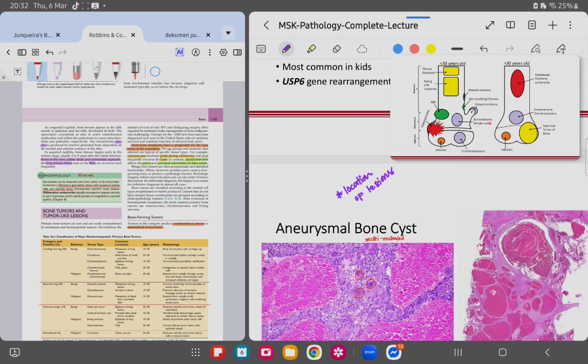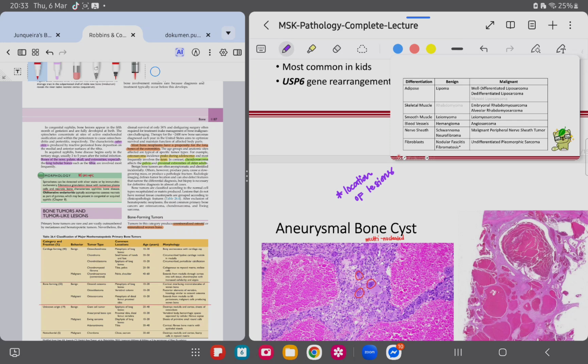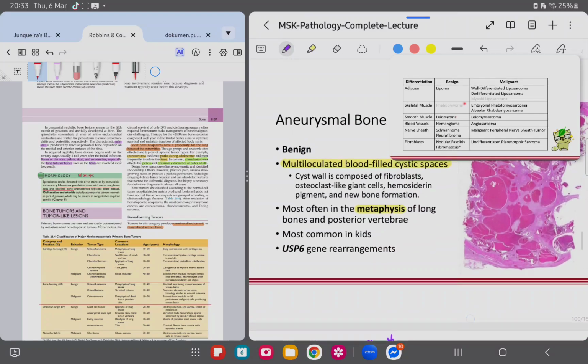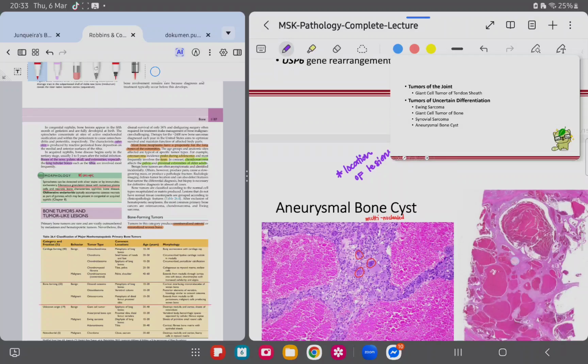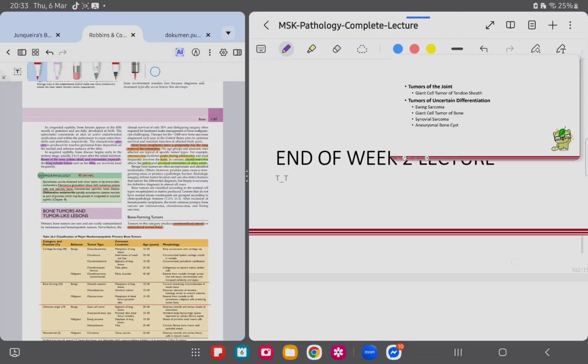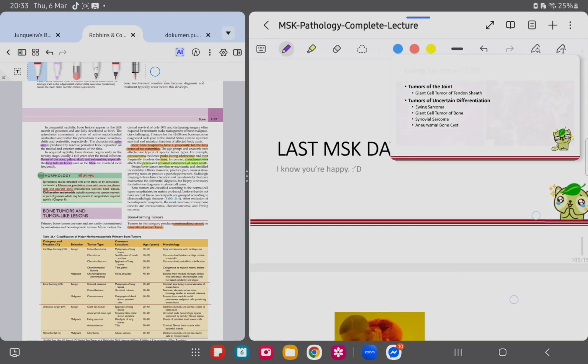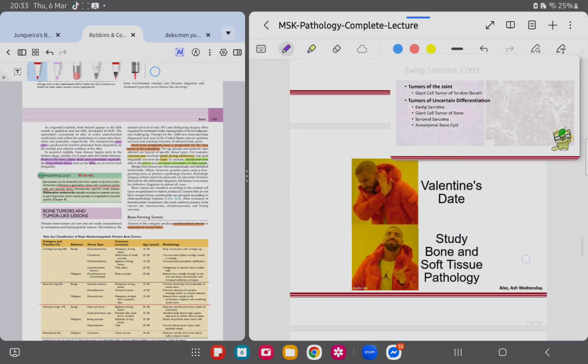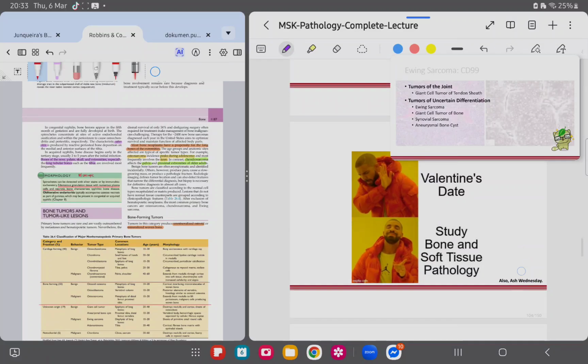Now we will move forward to the other. Again, just to continuously emphasize the lesions that you should be familiar with by now. So the benign and the malignant counterparts, don't worry about those in gray because you will really encounter them rarely, and that is why most likely I did not include them in the exam. Most likely. We also touch on these giant cell tumor of tendon sheath, your Ewing sarcoma, synovial sarcoma, aneurysmal bone cyst, and GCT of bone. Sorry, the other slides repeated. Just to emphasize to you the different IHCs.